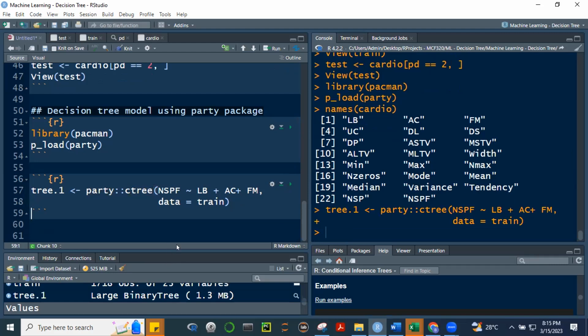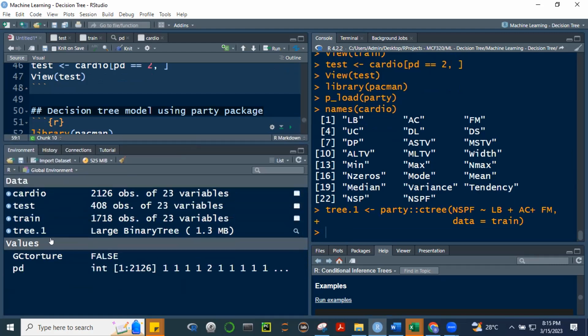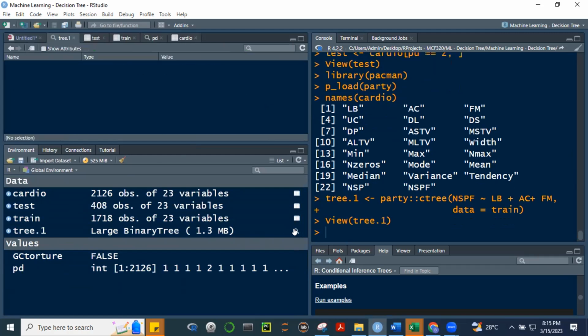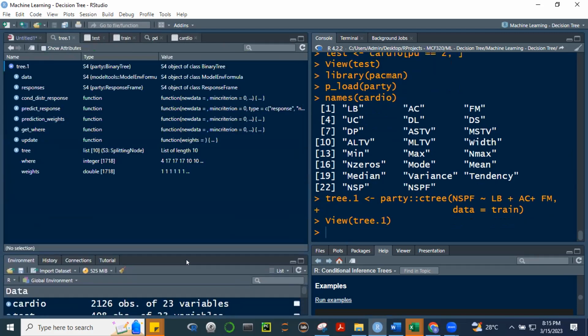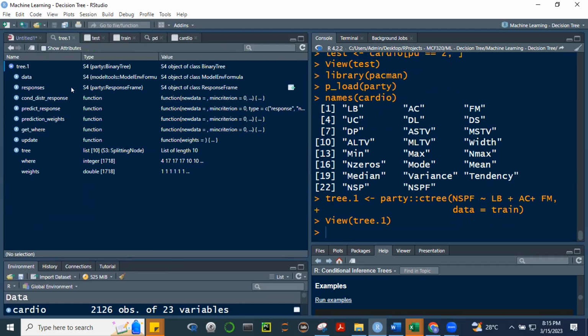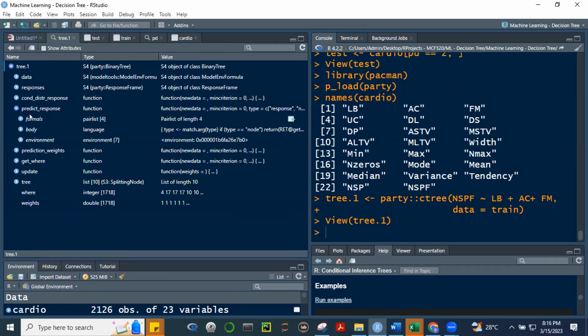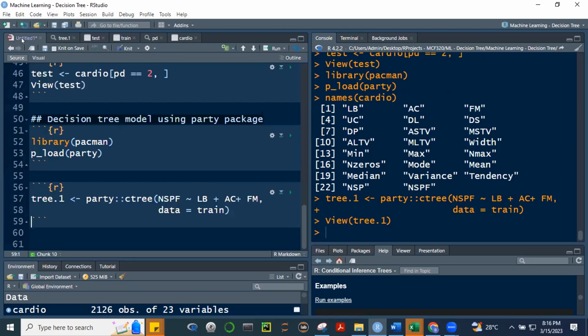So 3.1. If you take a look at this, ano yung laman ng 3.1? It's a large binary tree. Okay, if we open this, marami siyang laman: data, responses, predicted responses, etc. Tingnan natin prediction dito. Alright, it's actually a list, no? So marami siyang laman, and it's quite difficult to understand it here. So good thing we can print. Okay, we can print our output.